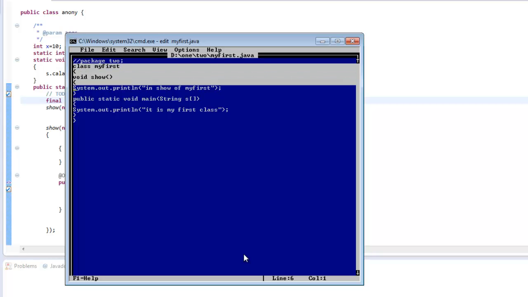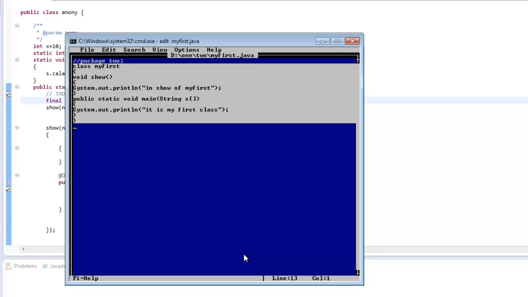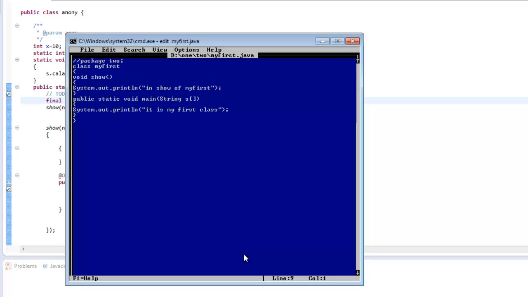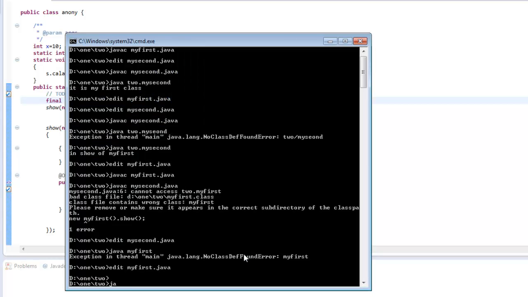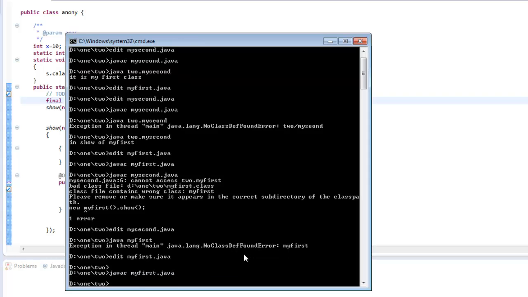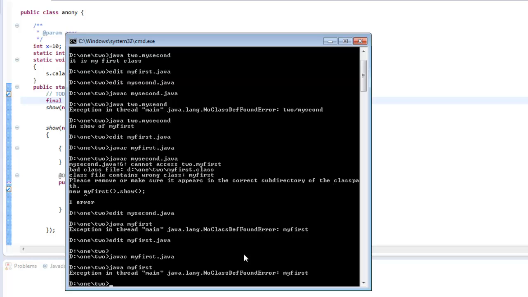Now this class is just a normal simple class, as we had made all the classes earlier. But now if I'm trying to run this class, it is not able to locate this class. Now this is because